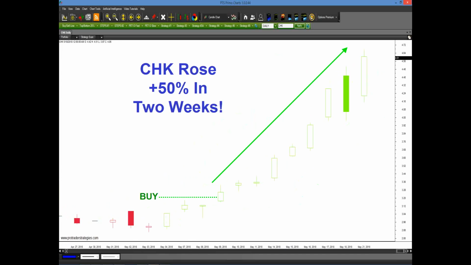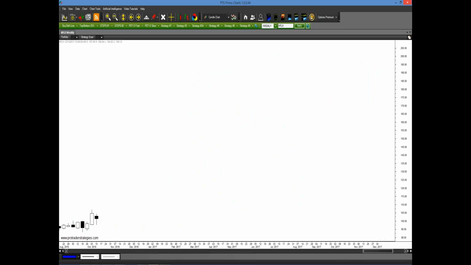Now, as I said, it can work on a $3 stock. It can also work on a $100 stock. This is a weekly chart of Netflix going back almost 2 years, about a year and a half, okay? Someone's saying, Steve, there's no way you can find out what to do based off just looking at about 7 or 8 bars. Well, not really, because you click on the PET D and you see that